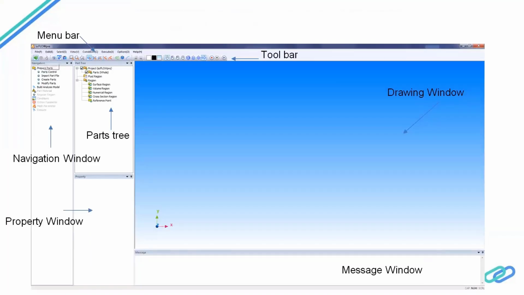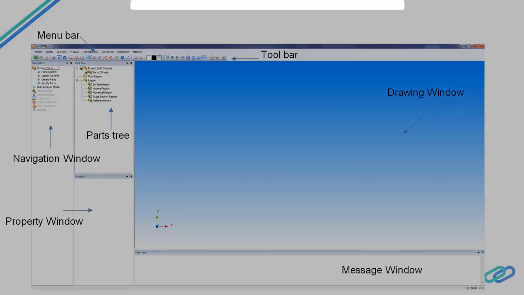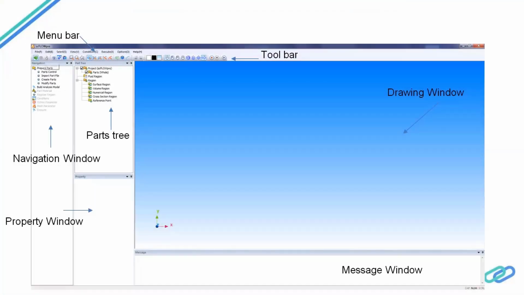Now coming to the GUI, this is how a simple GUI of SC flow looks. You have a menu bar on the top, and a toolbar where you can use one mouse, two mouse, and three mouse options. If you're using your laptop keypad mouse, you can use the one mouse button. If you have an external USB mouse, you can use the three mouse button. You can also do VB scripting. You can record your scripts and play them for some other problem. You have everything in one particular window. You do not need any plugin or workbench, and you don't have to go from one setup to any other setup. Everything is defined in this particular window itself.